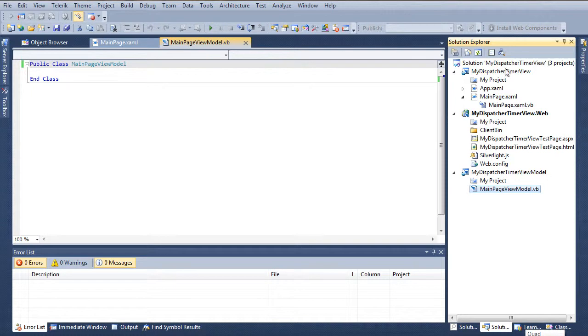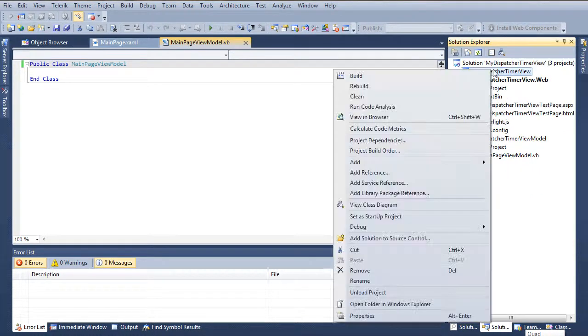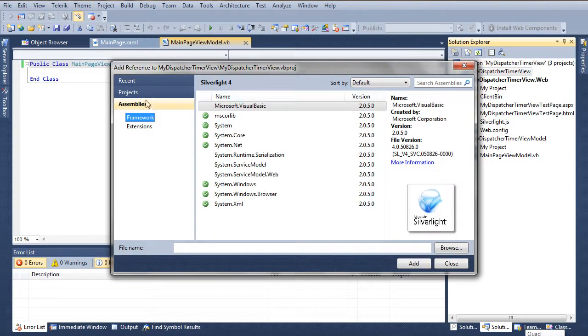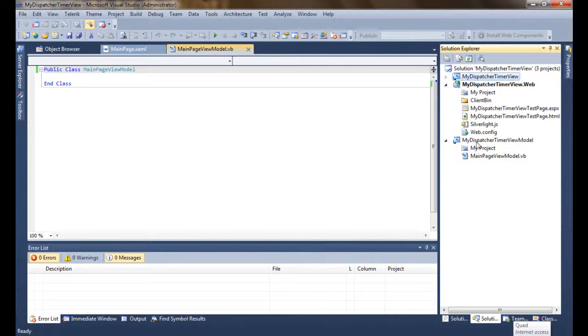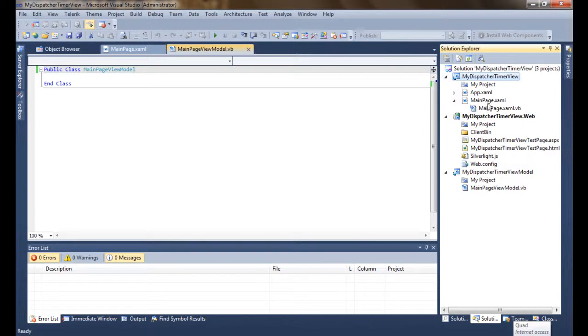This is the view and this is the view model, and I'll add the reference to this view model project. I'm separating the view from the view model in a totally different project, so that accidentally I'm not directly invoking anything from view to model. Right now there is no model project because it is not required, but in a real scenario you can have a separate model also. So the model's reference will be added to this view model, and this view model's reference will be added to this view.